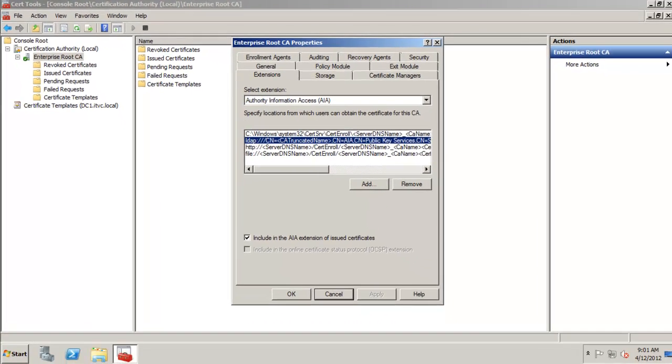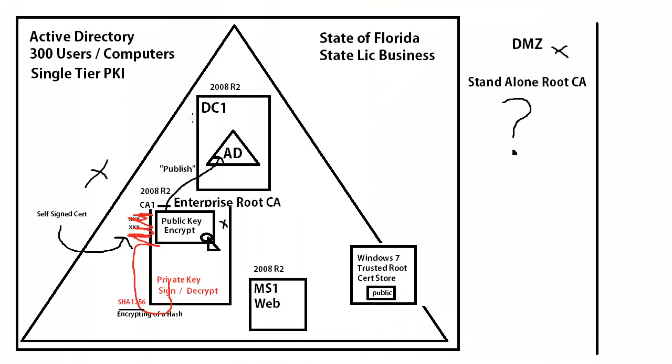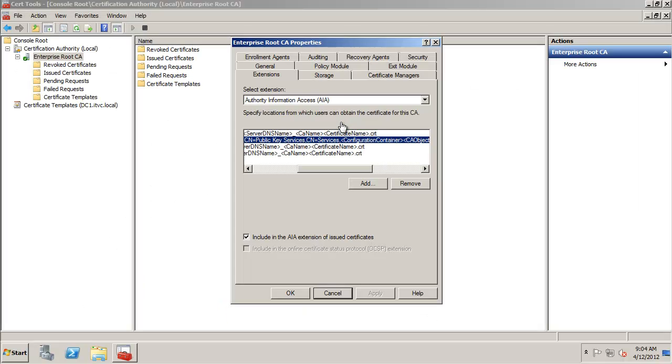So this information that we see right here, where we publish this information into Active Directory, this publishing point is referred to as the AIA, which stands for Authority Information Access. It's one of the most difficult things to explain in this environment. So we have that set up. Then we can see the AIA, and when we installed the CA, he published his certificate out to Active Directory